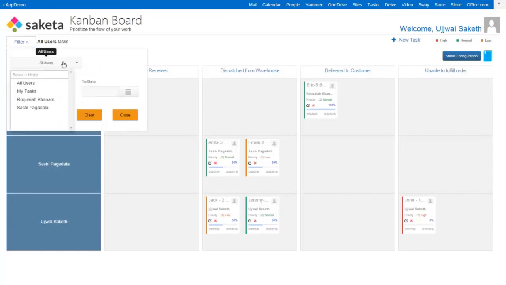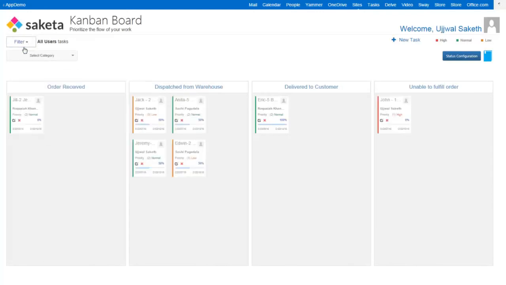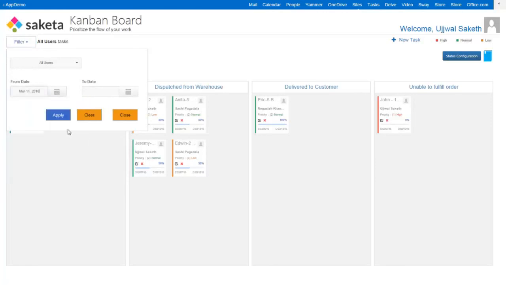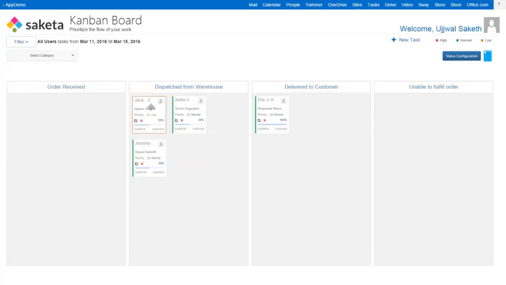Likewise, you can also have filters over here. So you can filter by specific users. So when you do that, these are the tasks that are assigned only to her. You can also filter by dates here. So essentially, if I only want to filter tasks whose due date falls between say the 11th and the 15th of March, I have these 4 tasks. If you see, this is on the 15th of March, the 13th of March, 14th of March, and the 12th of March. So of the 7 tasks that I have left after deleting 1 task, we have 4 tasks that have to be delivered between the 11th and the 15th.